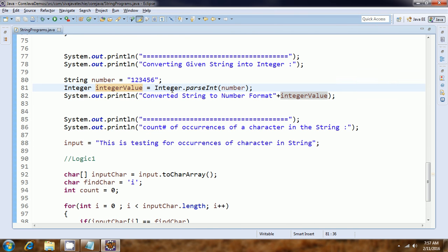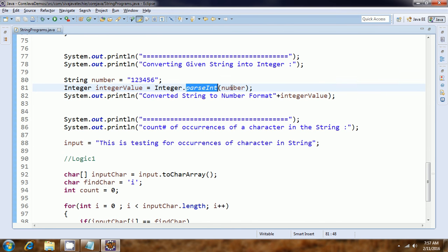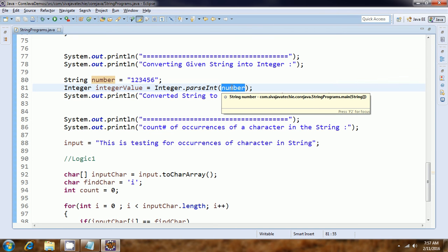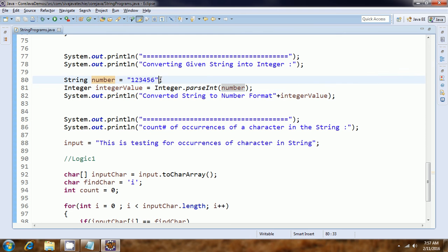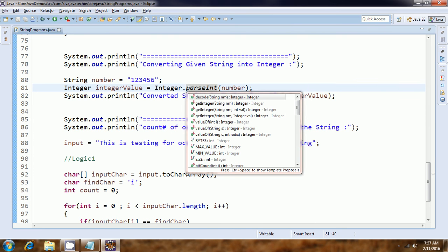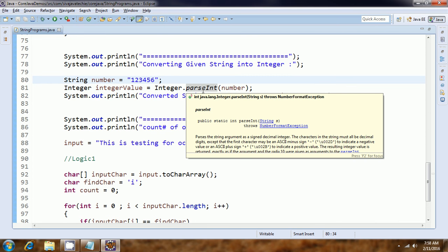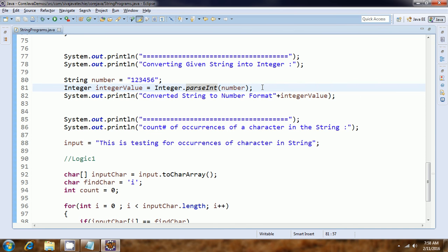So we have predefined classes like Integer. These are called wrapper classes. There we have parseInt, and we can pass the string representation of the given string. Then it will automatically convert that string into the integer representation. So parseInt in this case. Like that we have parseDouble, and for all our wrapper classes we have parse methods for the corresponding data type. These actually convert from string object representation to the actual values. Okay, so this is another program, and one more program is